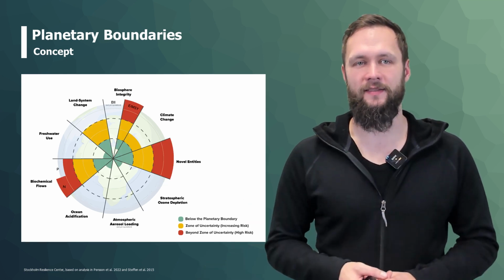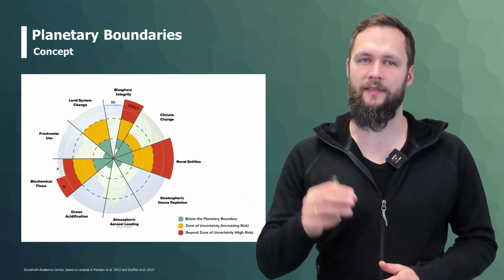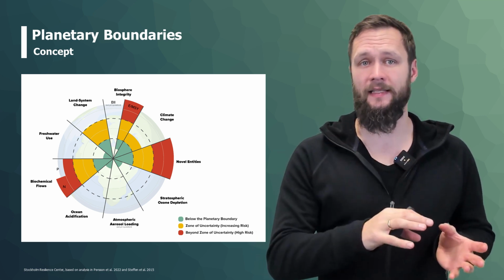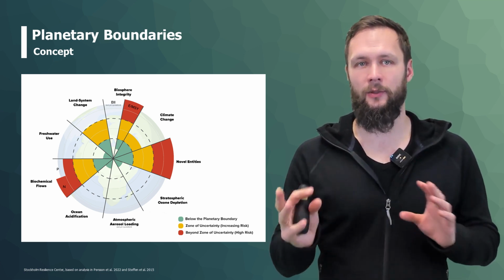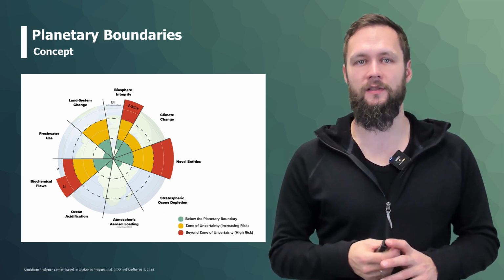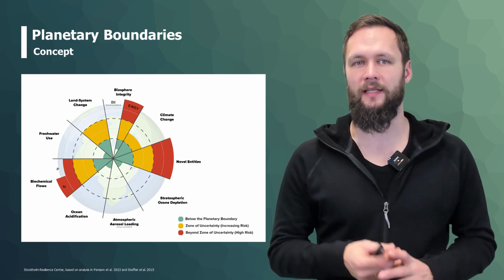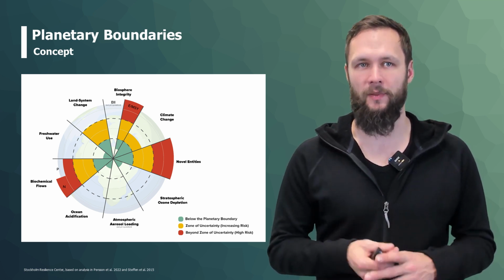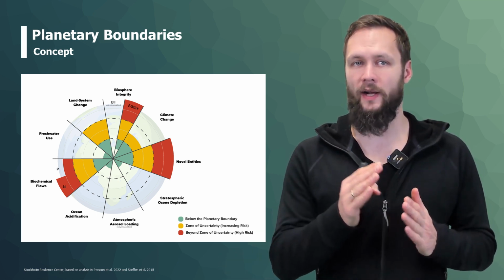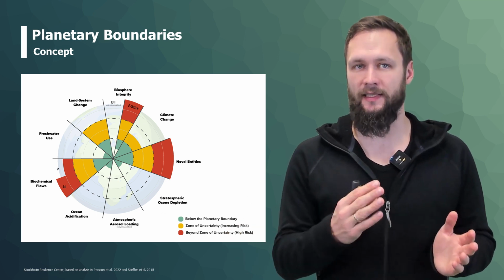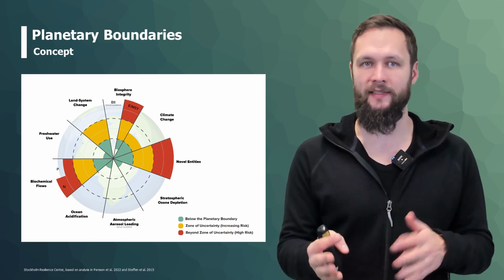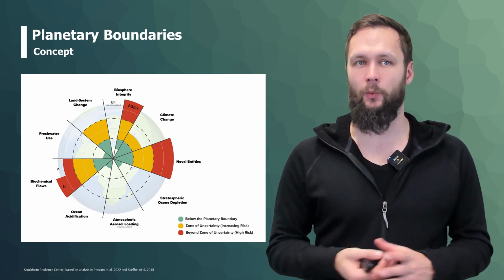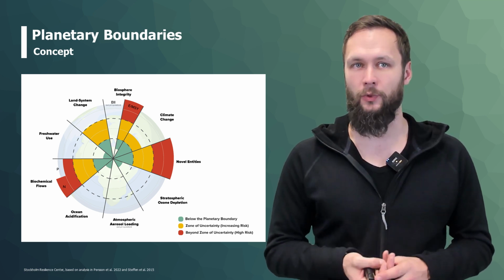And as you can see in this extended illustration of the same figure, there is a color coding. Green means that we are, with respect to that indicator, below the planetary boundary. Yellow is that we're somewhere in this uncertainty zone where we might have crossed the boundary, and red is beyond the zone of uncertainty, so there's a high probability that we are in big trouble. And as you can see, there is quite a big difference between those indicators. So you cannot rely on just one number or one indicator to tell you, look, we're fine or we're not fine. Because according to the Resilience Center, we have probably not really a problem with freshwater use.